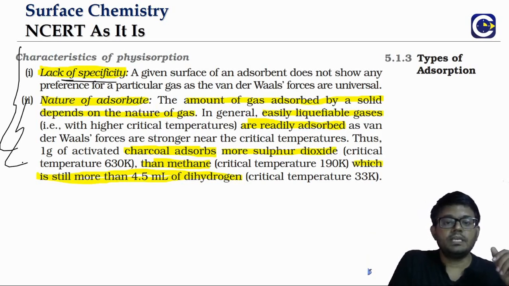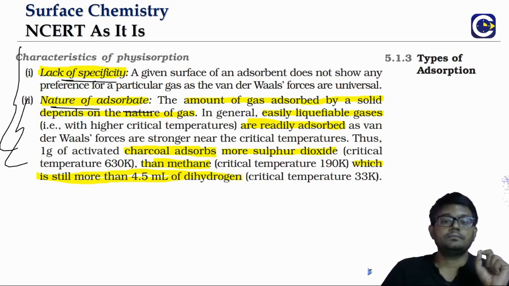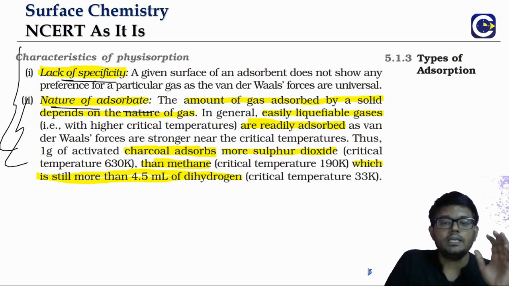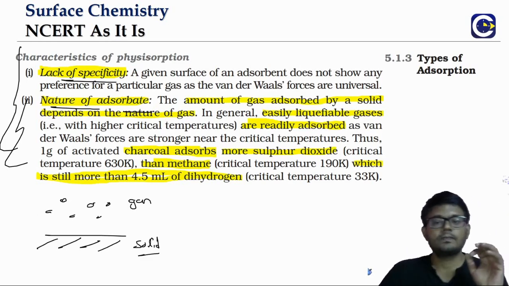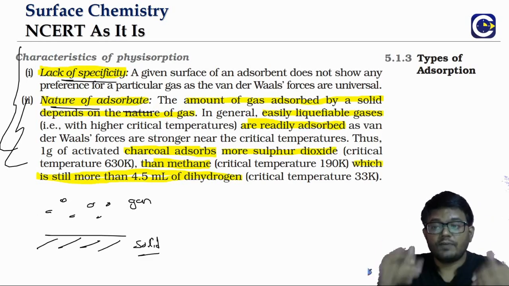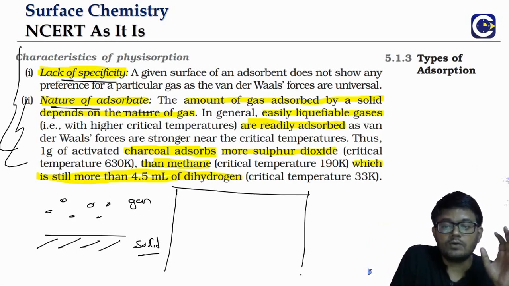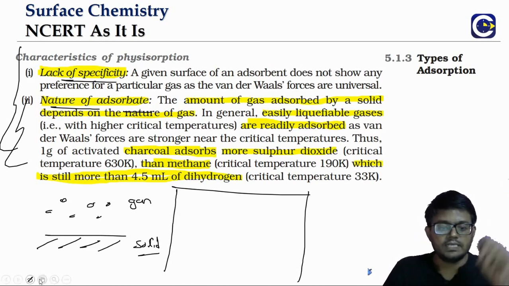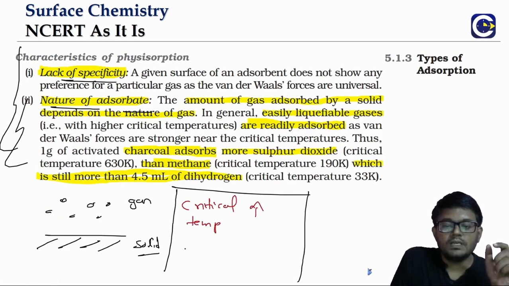And the physical adsorption will depend upon the nature of the adsorbate. So if you look particularly at the adsorption of a gas onto the surface of the solid, a gas which is more liquefiable. How do we identify a gas which is more liquefiable? Remember, we have to look at our understanding from the states of matter chapter in +1. Critical temperature. So what is it? For a gas, if the critical temperature is more, means what? That gas is more liquefiable gas.